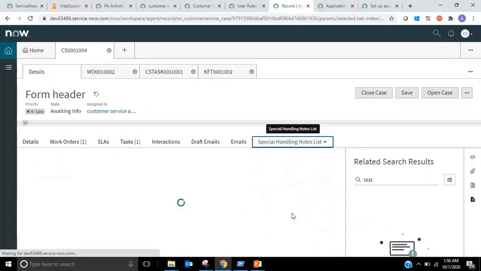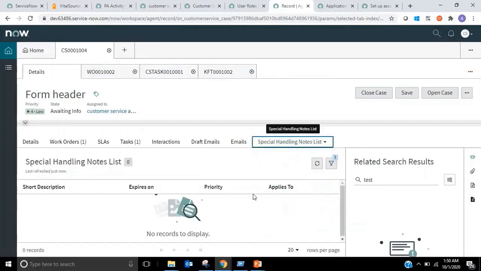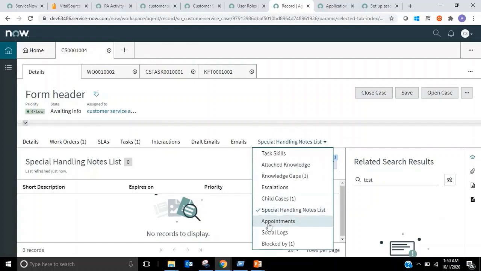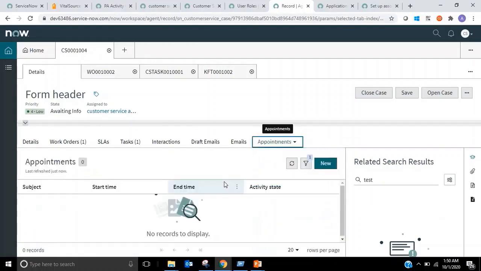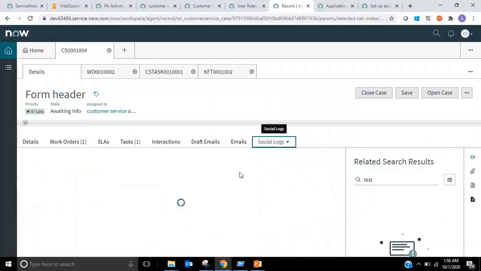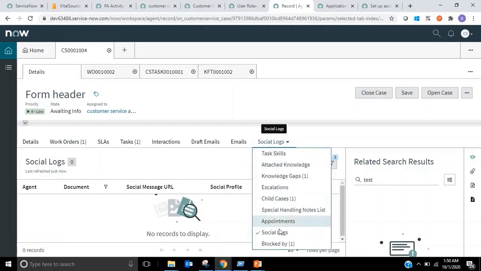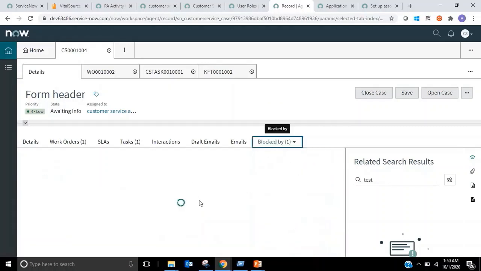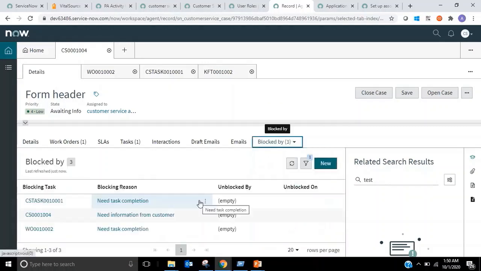And then special handling notes list. So again, there's a concept, we'll talk about that. Appointments. So this should come from, I believe, field services, right? But social logs. Okay, and then we have block by. So whenever you move the case to